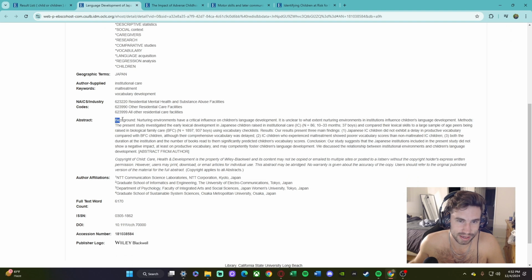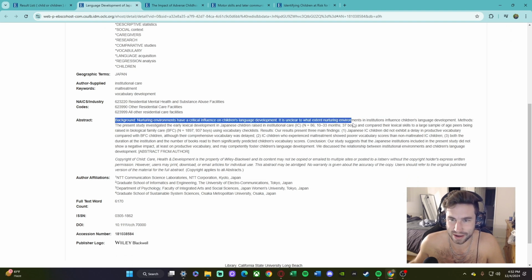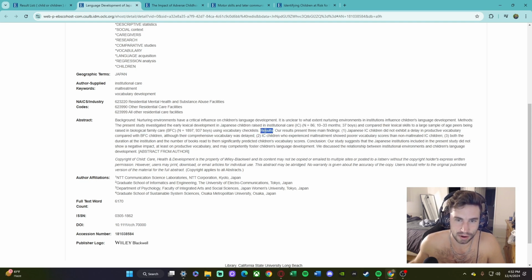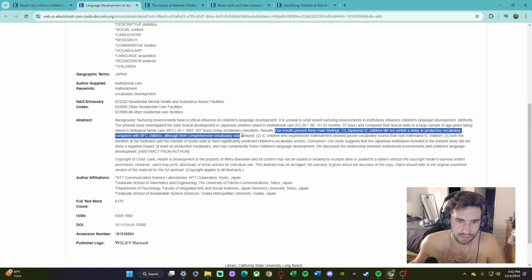The abstract is a lot of nonsense, pretty much, to us, but scientists use this kind of notation. What you want to look for is results within the abstract. So they present 3 main findings. They did not exhibit a delay in productive vocabulary, although their vocabulary was delayed. They experienced maltreatment. They showed poorer vocabulary scores than non-maltreated kids. And